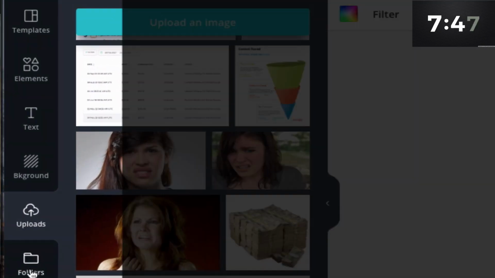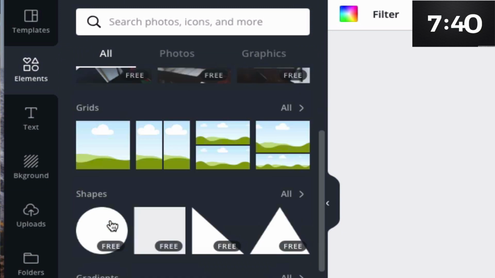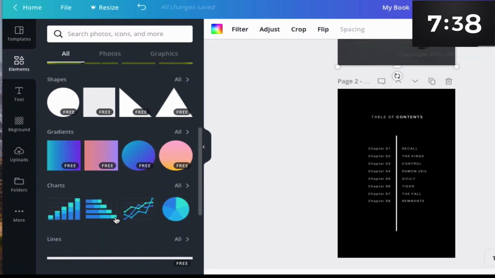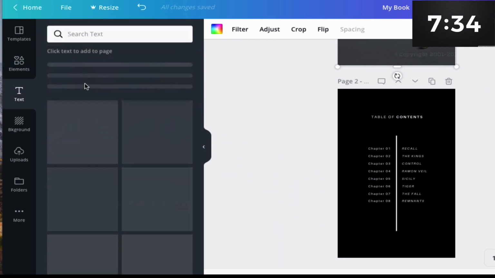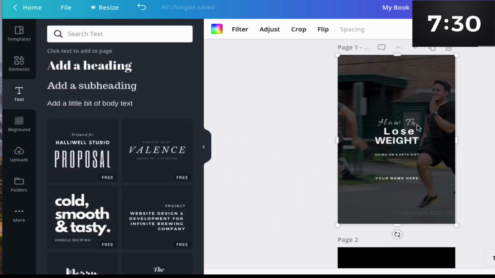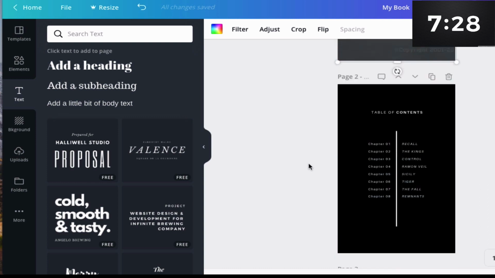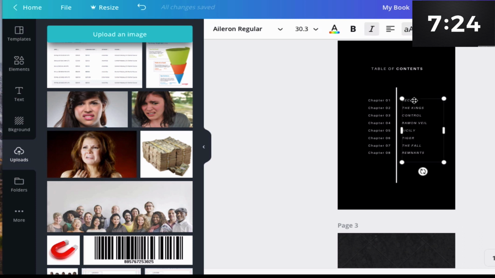So again, over here on the side, you have all these different options, right? Elements, you can insert shapes, you can insert pictures, you can insert all these different things. But again, for the sake of time, I'm not going to do all that. You can insert text here, different types of text, but if I pick an ebook, I usually go with the stuff that's already there since it's already laid out for you. So table of contents, one could be dieting, two could be